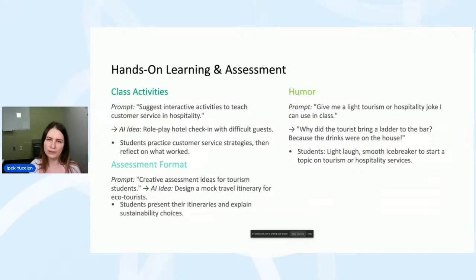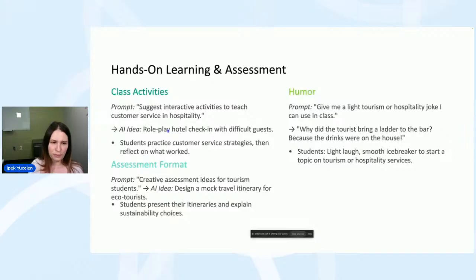Other hands-on learning activities and assessment, some class activities. For example, I asked it to suggest interactive activities to teach customer service in hospitality. It told me to role play hotel check-in with difficult guests. So that is an activity you can do with your students.